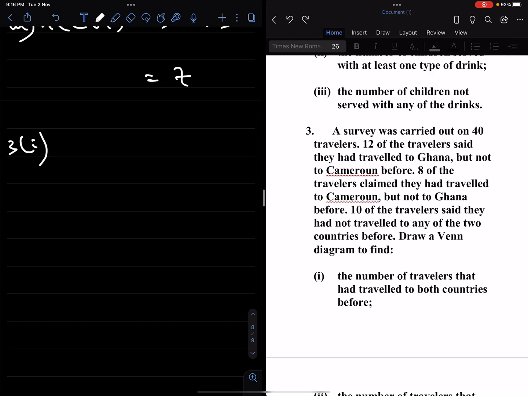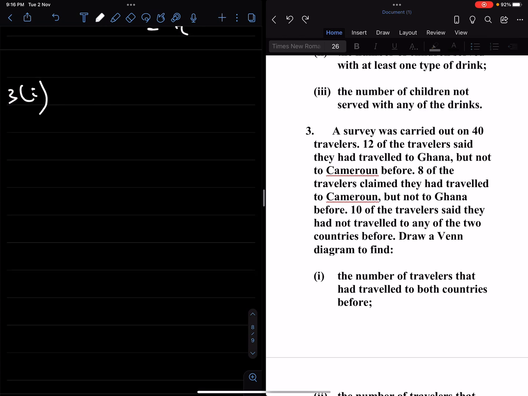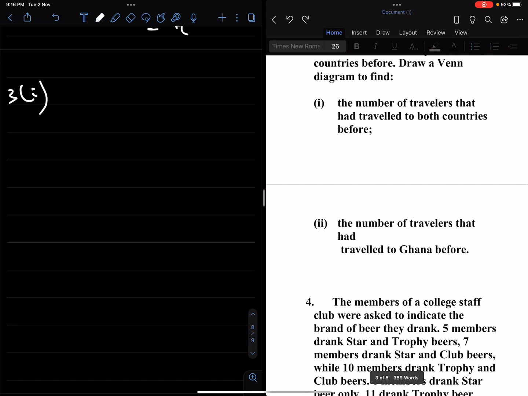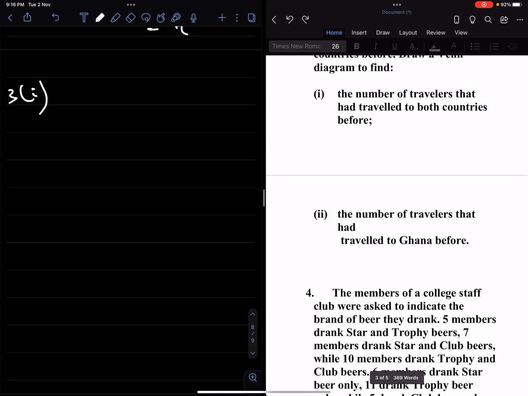Number 3 says a survey was carried out on 40 travelers. 12 of the travelers said they had traveled to Ghana but not Cameroon before. 8 of the travelers claimed they had traveled to Cameroon but not to Ghana before. 10 of the travelers said they had not traveled to any of the two countries before. Draw a Venn diagram to find the number of travelers that had traveled to both countries before. 2, the number of travelers that had traveled to